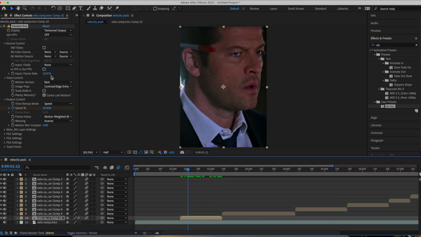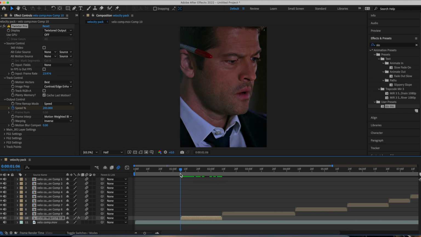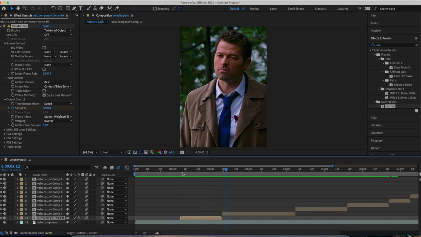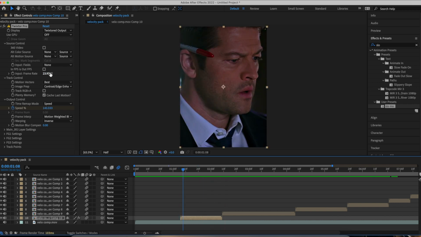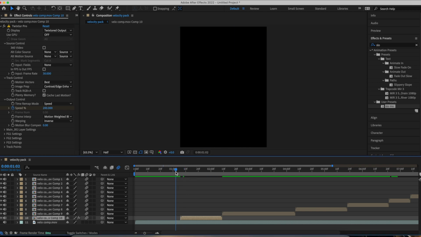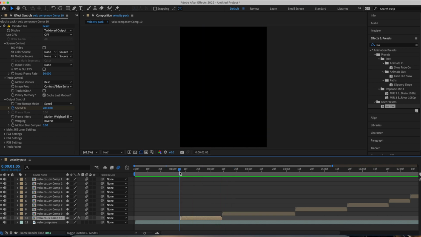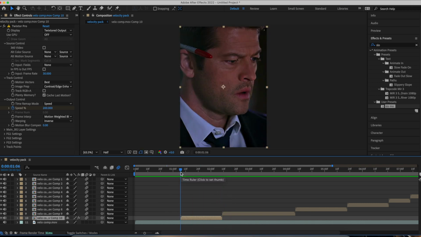This is where it's defaulted to the frame rate. If it looks laggy for any reason, like it's a tiny bit laggy, the input frame rate of this composition is 30, so I can change it and then there we go. And then it's a little bit smoother. Honestly, it depends on what level of effort I want to put into this, because the other way to fix